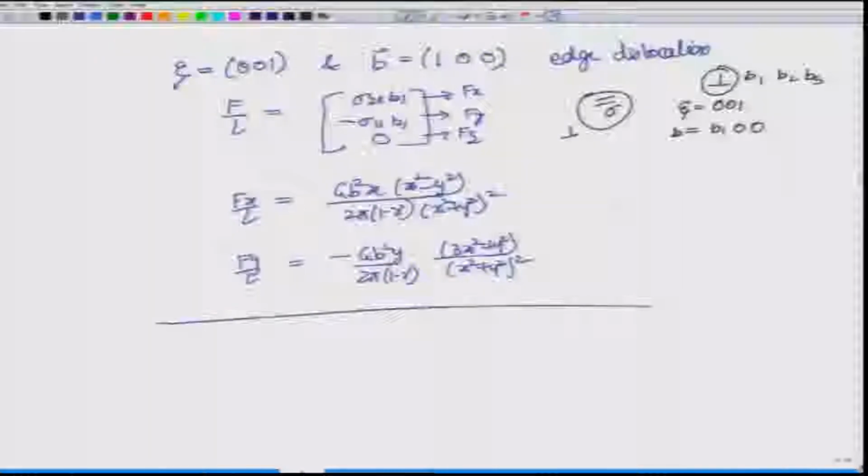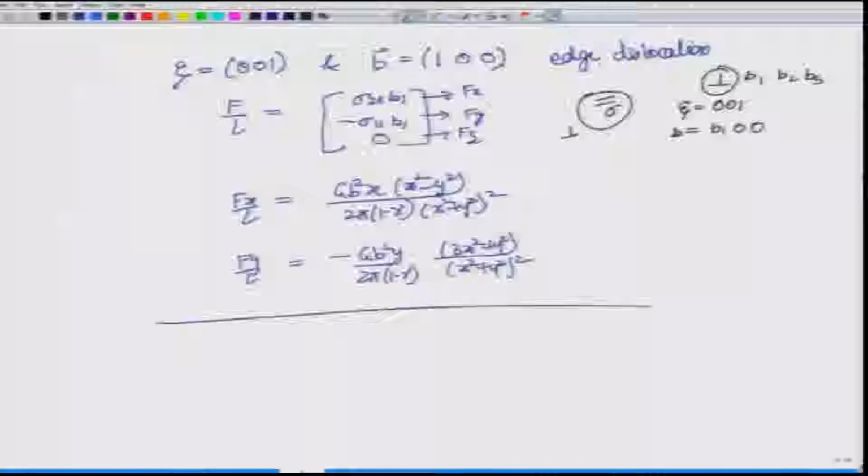Now, up to this point we are assuming just any stress field, but if we make it simpler and say that this stress field is also because of another dislocation, then this sigma 2 1 comes out from the stress field of an edge dislocation which is aligned along 0 0 1. So, we are assuming that the first dislocation, because of which this stress field is arising, is aligned along the same direction as this particular dislocation onto which we want to calculate the forces, and then Fx and Fy come out in this form.